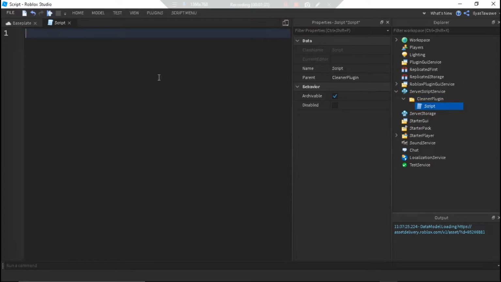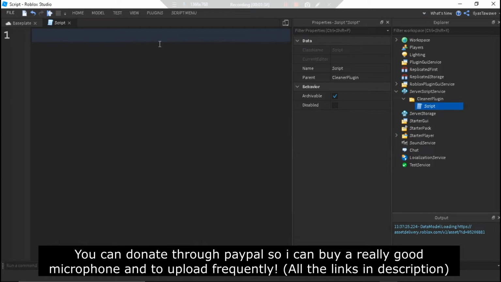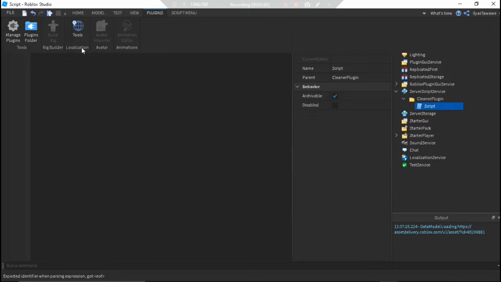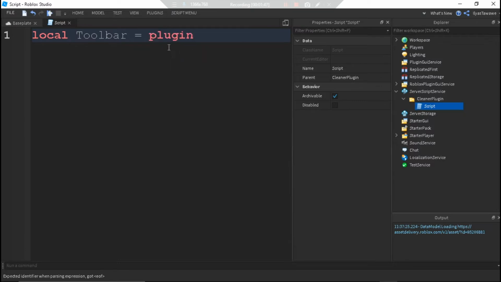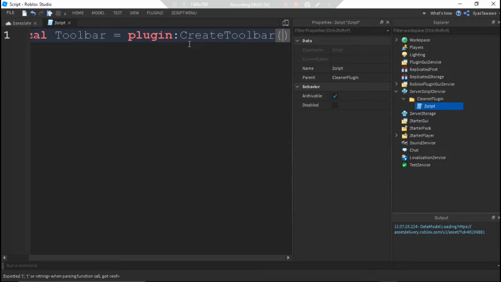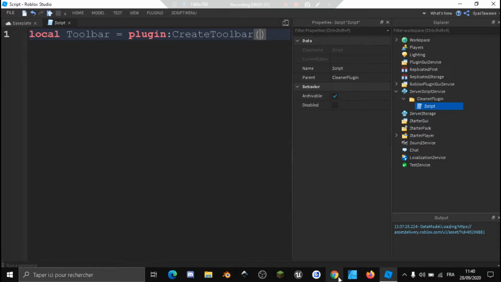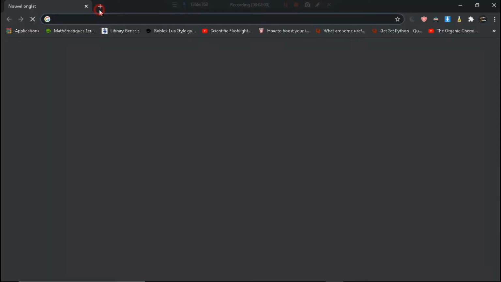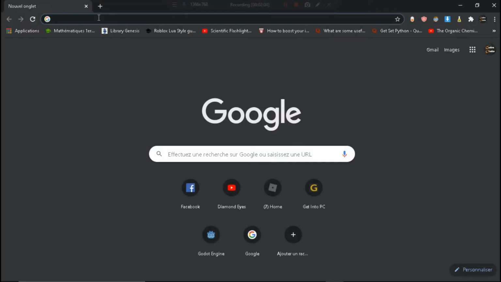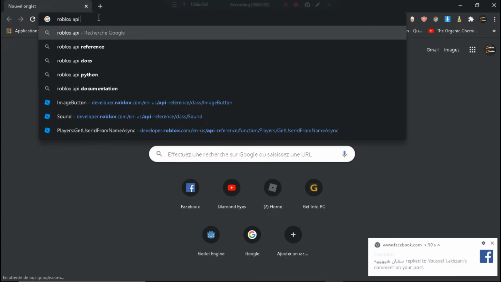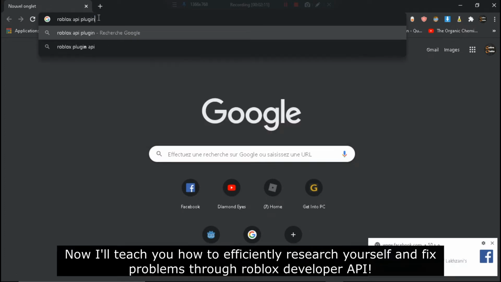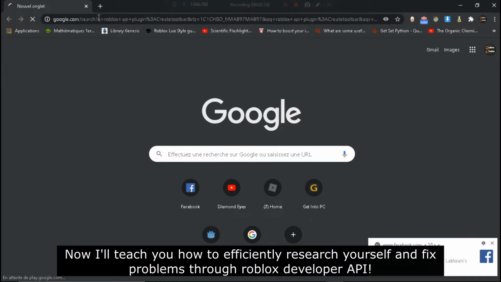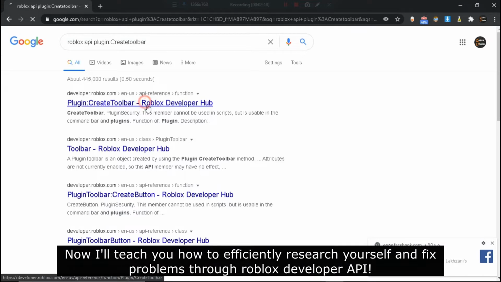Now what I'm going to do is make a toolbar first of all for it, and as you know, a toolbar is this. For example, localization is a toolbar, avatar is a toolbar, animations is a toolbar, tools is a toolbar. Anyway, so plugin, and we use CreateToolbar, right? Just so we can make sure that we put the right parameters in there, I'll check the documentation. I'll just search Roblox API plugin CreateToolbar in Google,